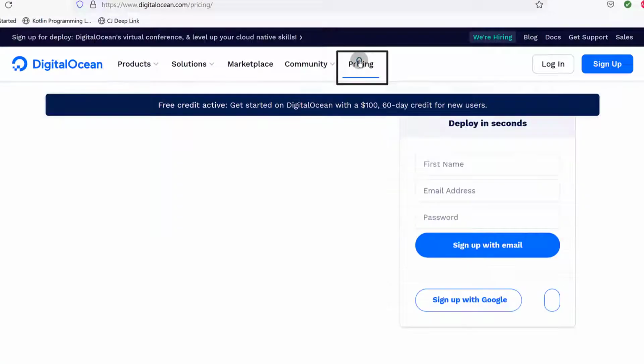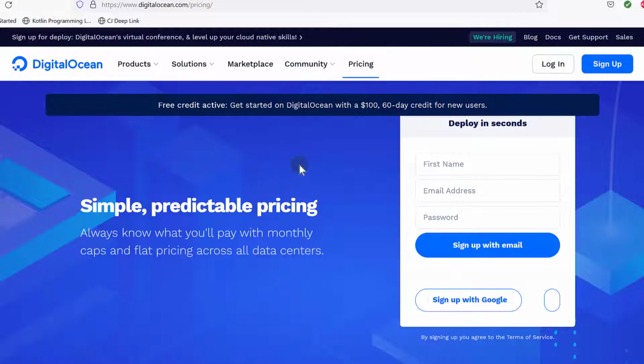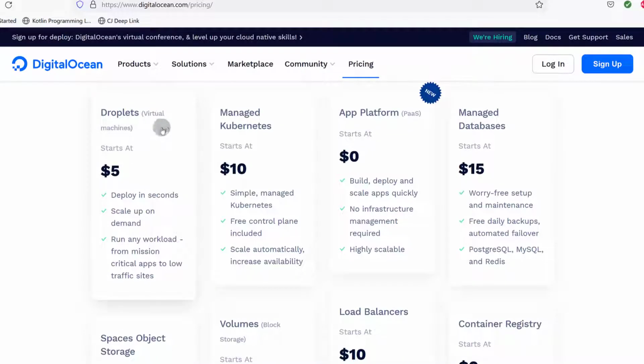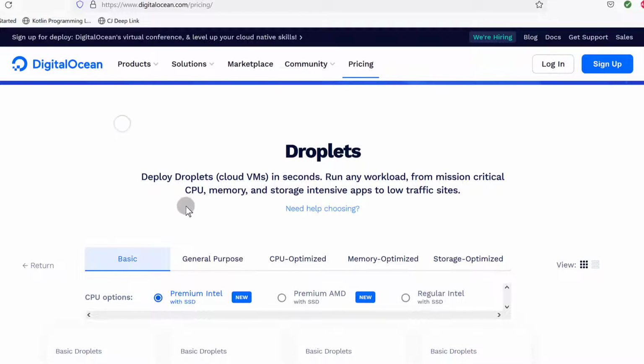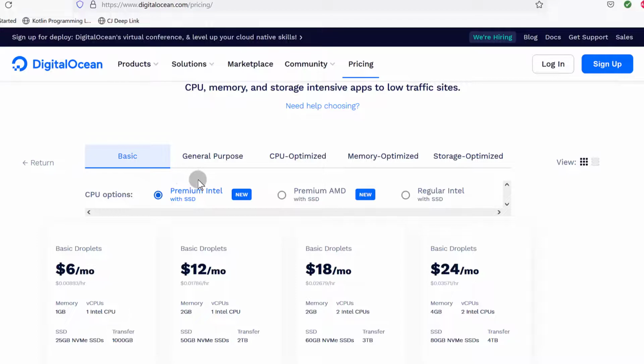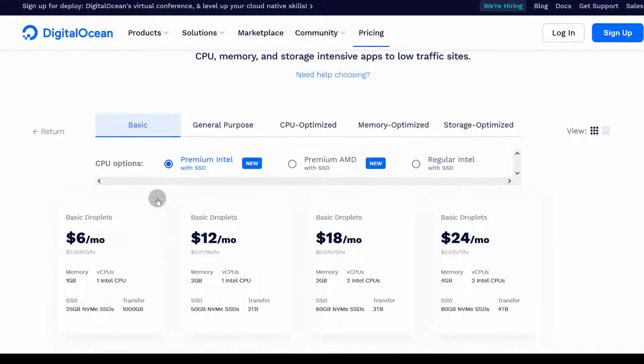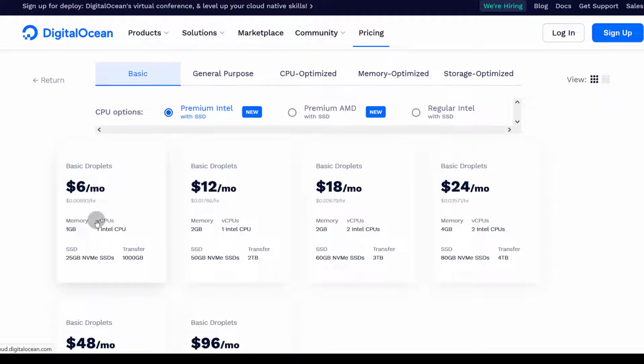So let's click here on pricing to see the prices. You can choose whatever prices you want to look at. For us, let's look at VPS prices, and we can click there to look at the prices for droplets, which are basically the VPS options on DigitalOcean. If you scroll down, you're going to see the basic, which will give you 1 GB, 1 virtual CPU, 25 GB NVMe, and 1 terabyte of monthly transfer.